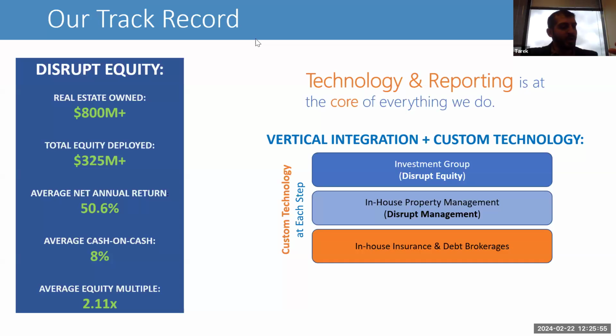And on top of that, we also have in-house insurance and in-house debt brokerages. So quick note on the insurance side, because it is so key these days. In the past year or two, really, you've seen insurance rates spike up, not just a slight increase, it's spiked up, and anyone in the real estate world can tell you how bad it's gotten. But part of how we've been able to insulate ourselves from these effects and mitigate the concerns that people have and keep our deals humming along pretty comfortably is the fact that we have our own